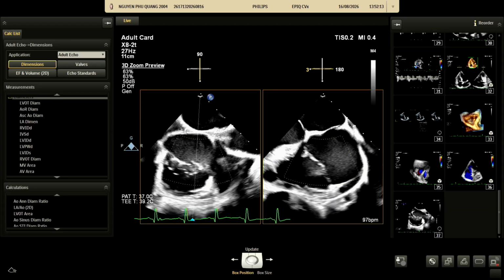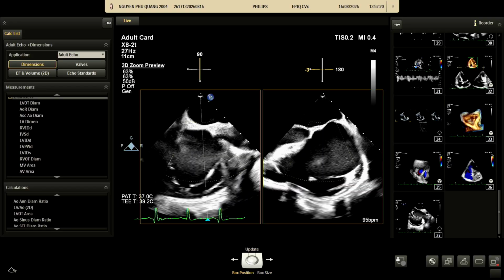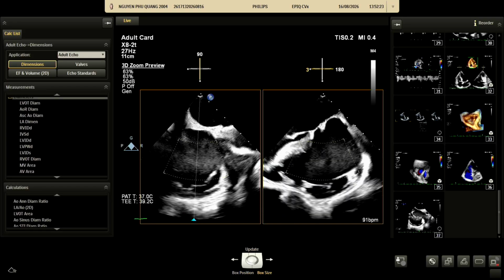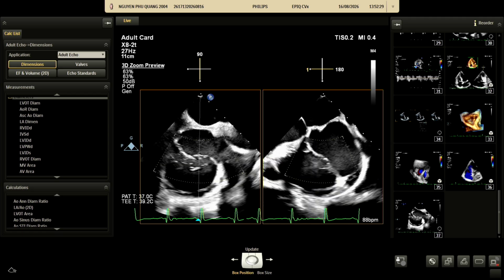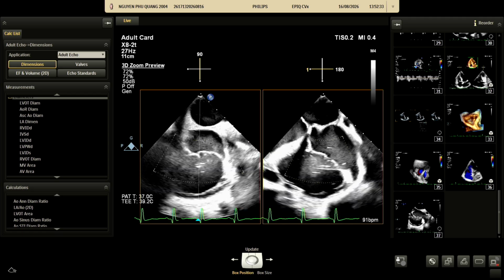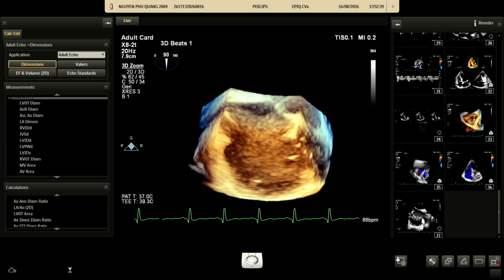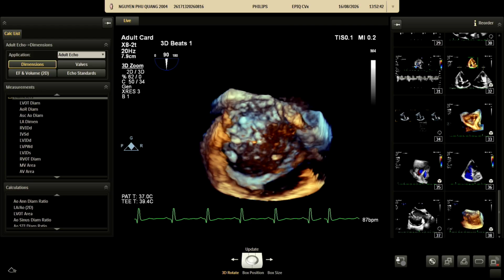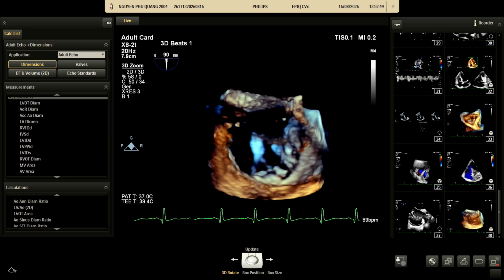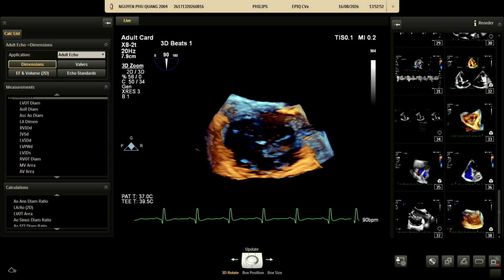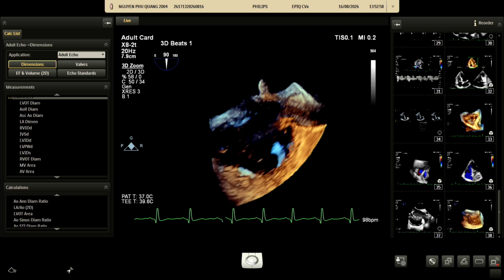You want to get this one maybe a little bit bigger. Then the anterior here, and then posterior.